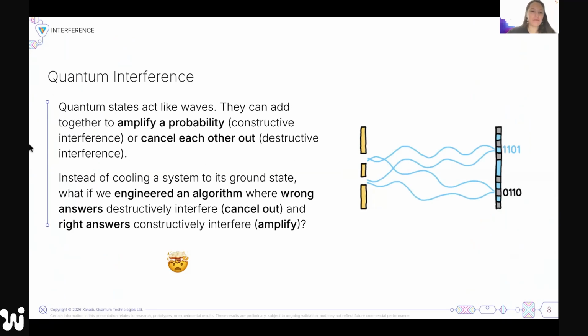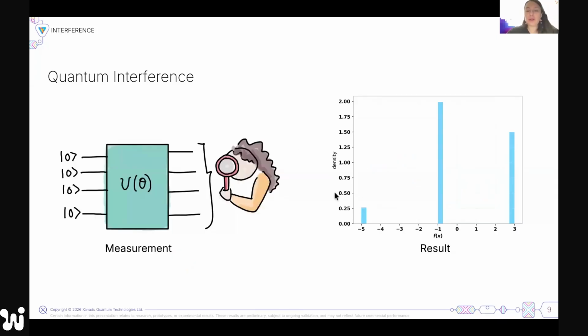Quantum interference works like waves. So this might be easy for you. For some of you, it might be hard. But the point is, you want to engineer how these patterns perform, right? You don't just want to throw some light into the slits. You actually want to make sure that the right answer amplifies and the wrong ones cancel out. So that's where quantum interference is used. And we're going to use a quantum computer here in the middle to modify these probabilities. So at the end, we're going to measure one sample.